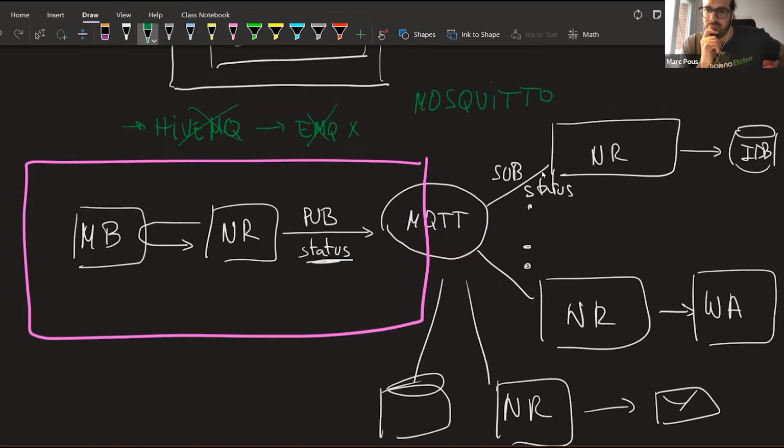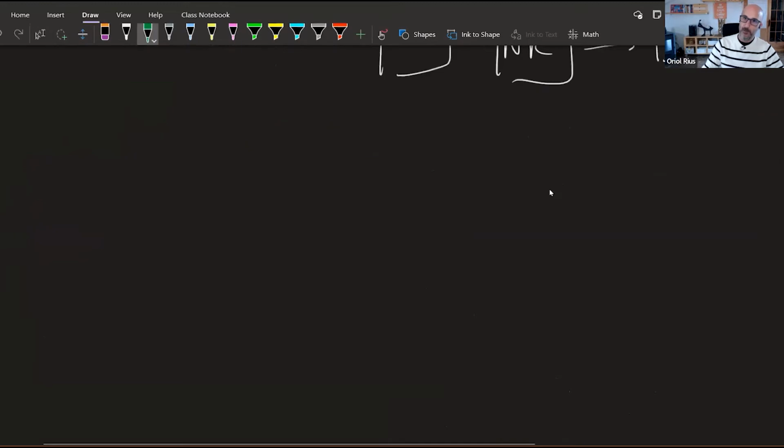Can we replace? So another very good question. Can we replace MQTT? You mean if there are any alternatives? Yes. For example, AMQP. It's one alternative. You have many more. But if we have to talk about Industry 4.0, the ideal is to use MQTT, and on top of that,